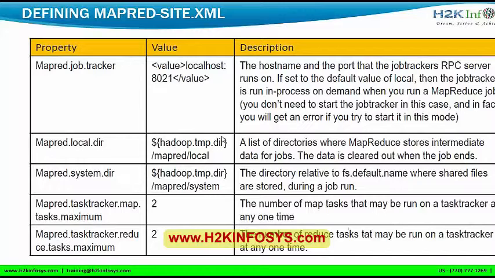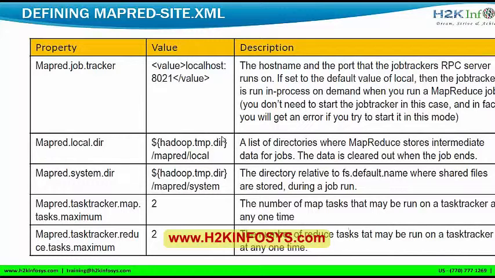So it will let you know a list of directories where MapReduce stores intermediate data of jobs. What happens in a typical MapReduce program is whenever a mapper is executed, the outputs generated by the map job will be stored in a local database, but not on HDFS.